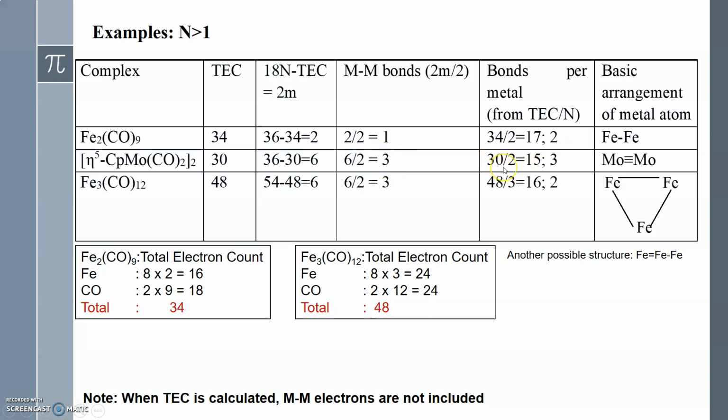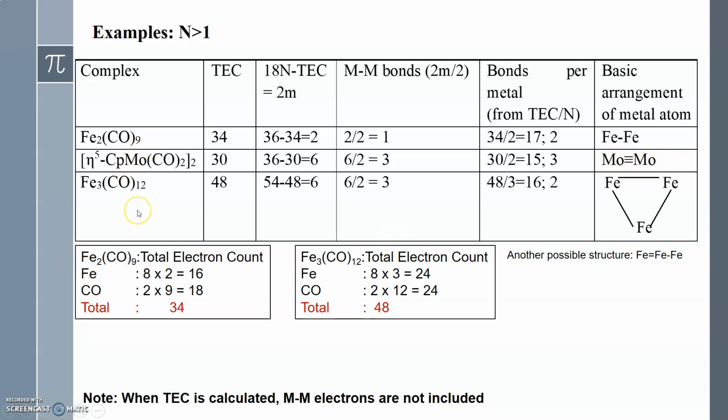So this also we can understand through this formula here. Number of metal-metal bonds present per metal atom is going to be 30 divided by 2. So that means 15. So each molybdenum now has only 15 electrons. It requires 3 more electrons in order to achieve 18. These 3 electrons are gained through 3 metal-metal bonds that are present between them. So number of metal-metal bonds per metal is 3. So Mo triple bond Mo.